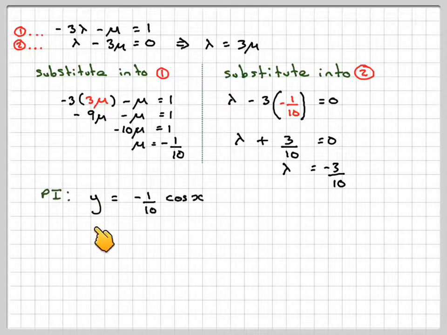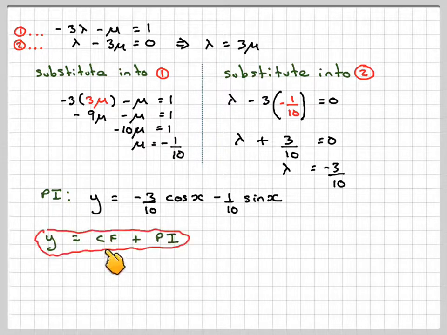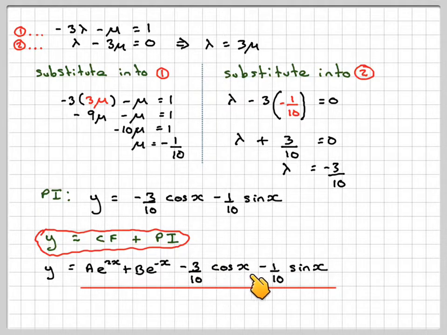So the particular integral will be y is equal to lambda cos x plus mu sine x, so it's minus 3 over 10 cos x minus 1 over 10 sine x. y will be the complementary function plus the particular integral. So the complementary function was a e to the 2x plus b e to the minus x. And then we add minus 3 over 10 cos x minus 1 over 10 sine x